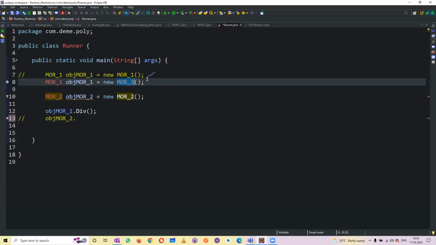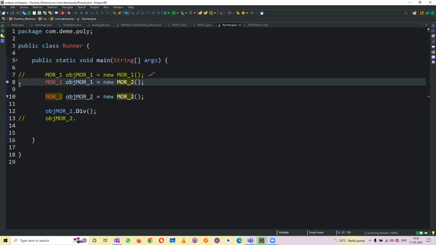Upcasting is also known as dynamic polymorphism. Dynamic polymorphism means on the fly, this is called runtime polymorphism. Dynamic polymorphism or runtime polymorphism, both are the same. What we mean by dynamic polymorphism is that at runtime, the constructor will allocate the memory and let you know which particular class it needs to execute. So now, at this particular time, what it will try to do is, if I start to debug,